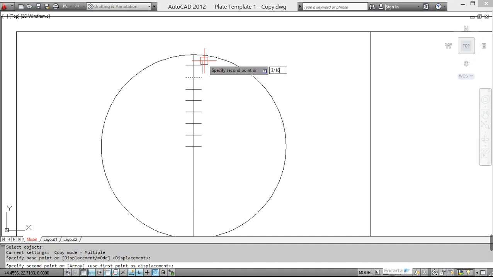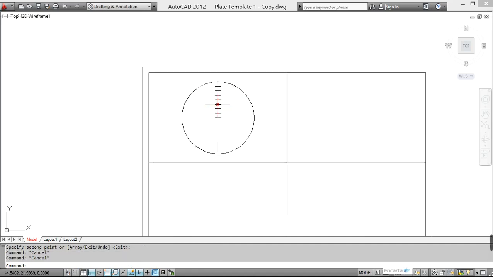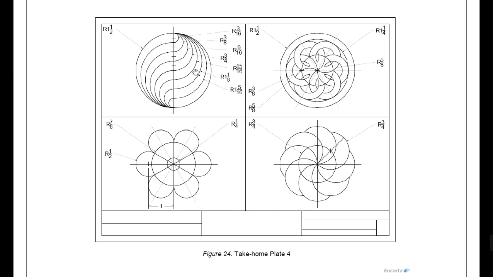3 divided by 16. And that's it. And next, please consider this